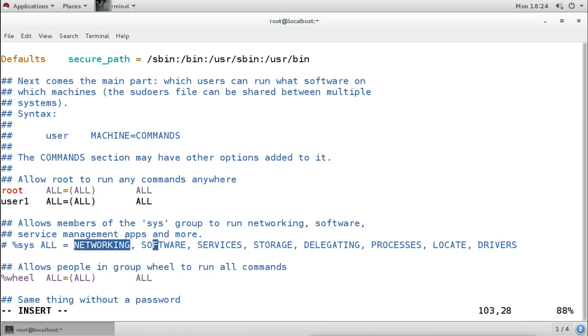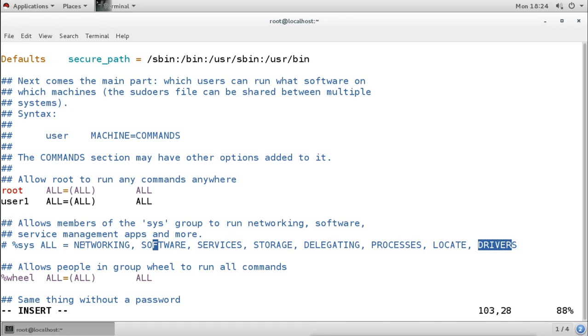So instead of giving all, I will mention networking, and then that user will only be able to run the networking commands. Or I can mention software, so it can only use the software commands. If I mention services, it can only use the services. Storage means only storage. Then delegating, processes, locate or drivers commands. These are the command aliases.